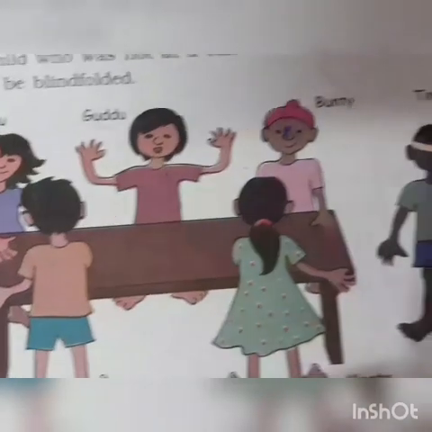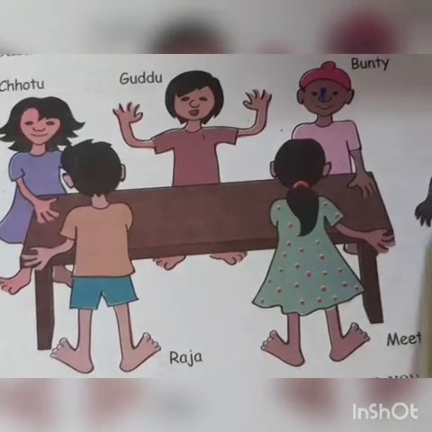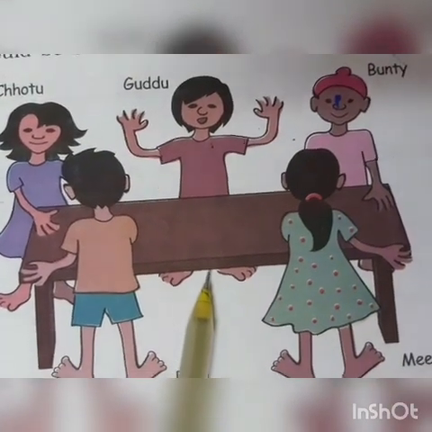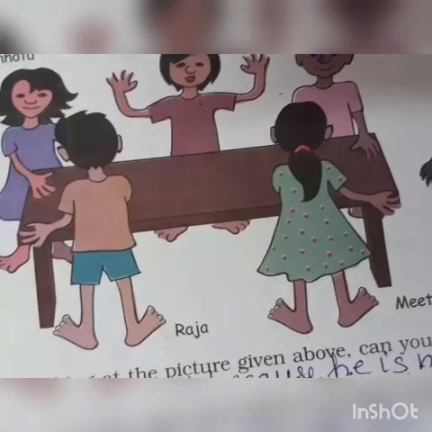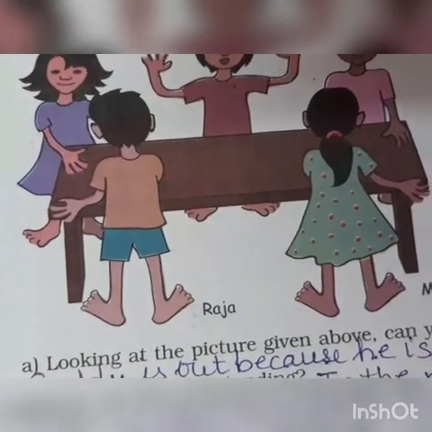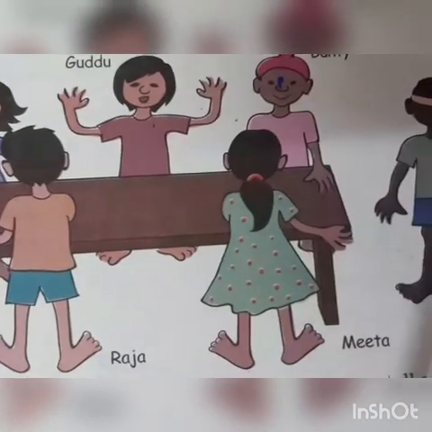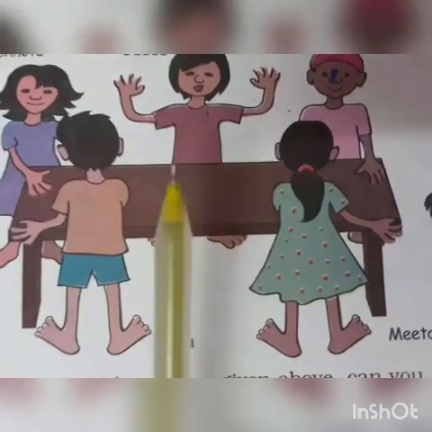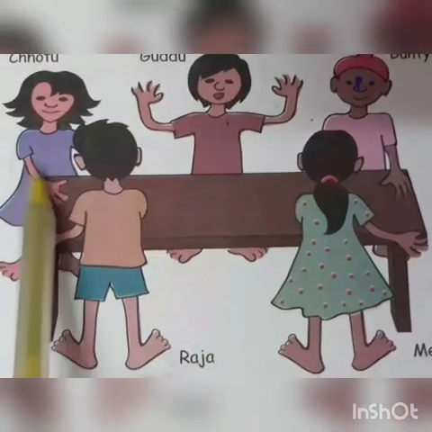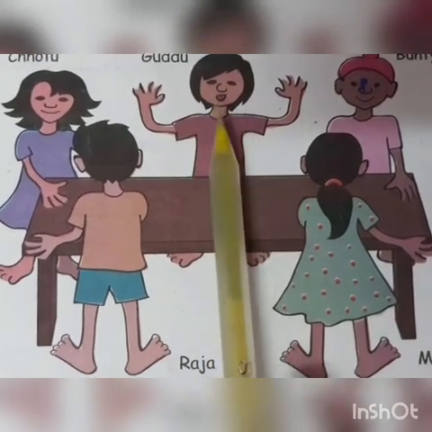Now the game was that Tinku was blindfolded and he had to clap as long as he wishes, and the children will go around and move around the table as you play the musical chair. आप लोग जब musical chair खेलते तो you know ना, one person keeps, or the music keeps on going, and once the music stops you have to sit where chair is, and if you don't get the chair you are out. So what was the game in this was that all the children who were playing the game, they were running around the rectangular table, and the moment Tinku stops clapping, they have to stand near the corner. The one who is not near the corner is out. Means they have to stand near the corners of the table, and the child who is not near the corner is out and he will be blindfolded.